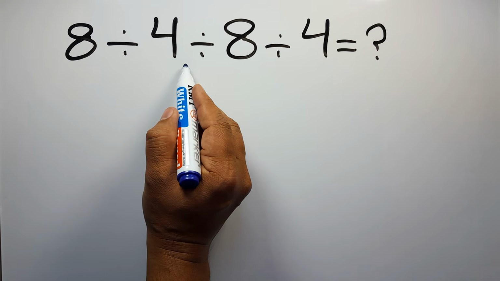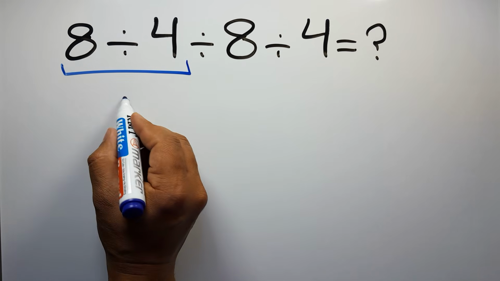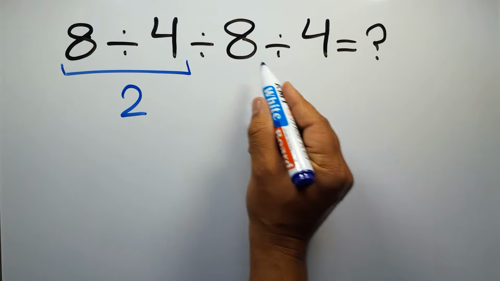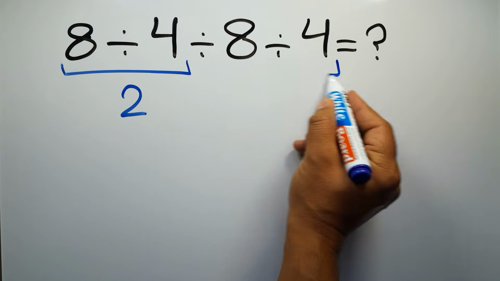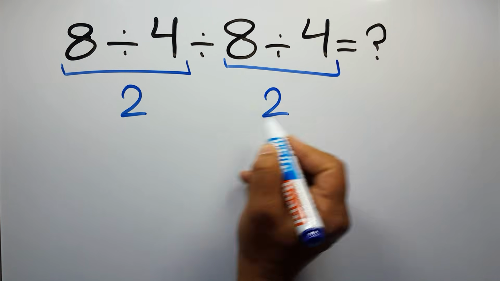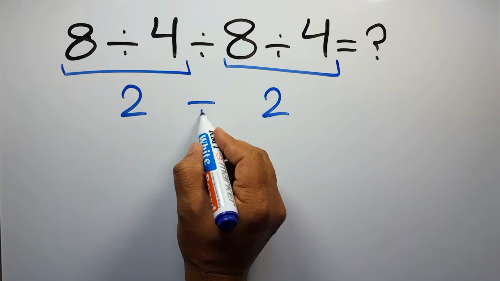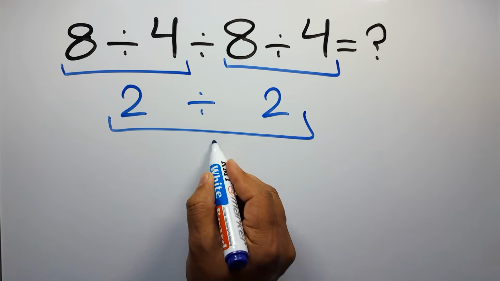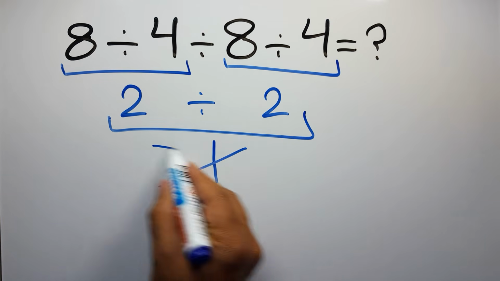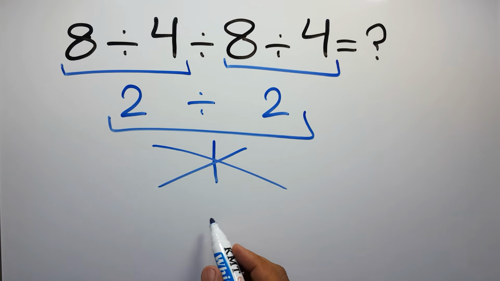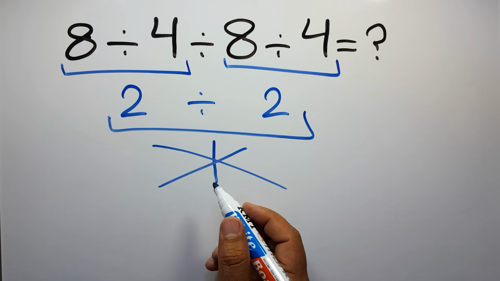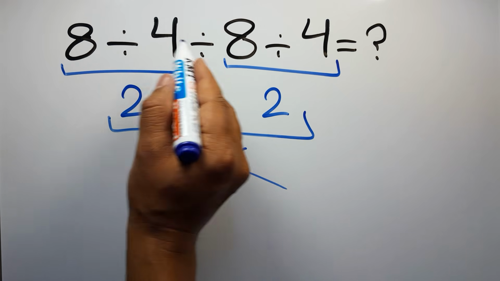8 divided by 4 gives us 2. And again here we have 8 divided by 4. So 2 divided by 2 is just 1. But this answer is not correct because according to the order of operations, when we have more than one division